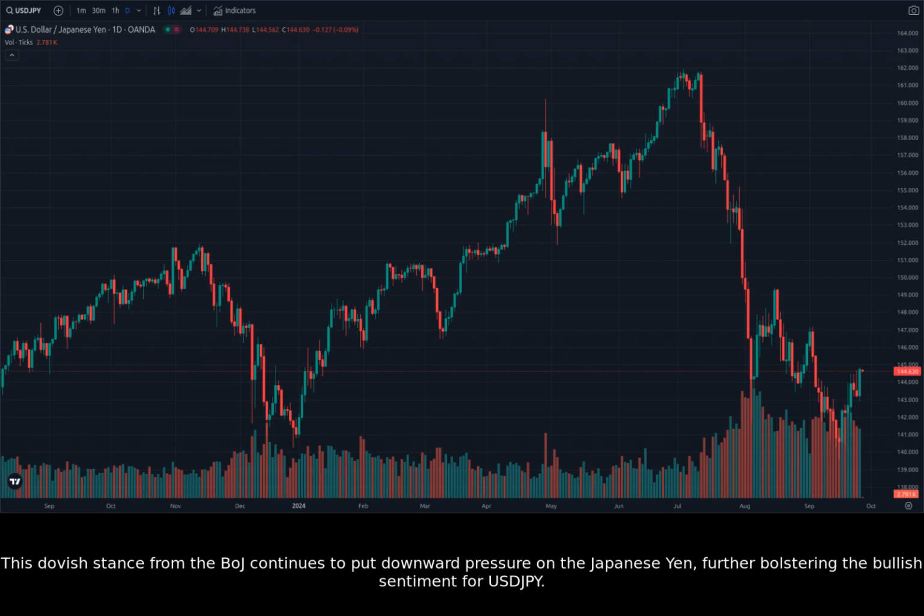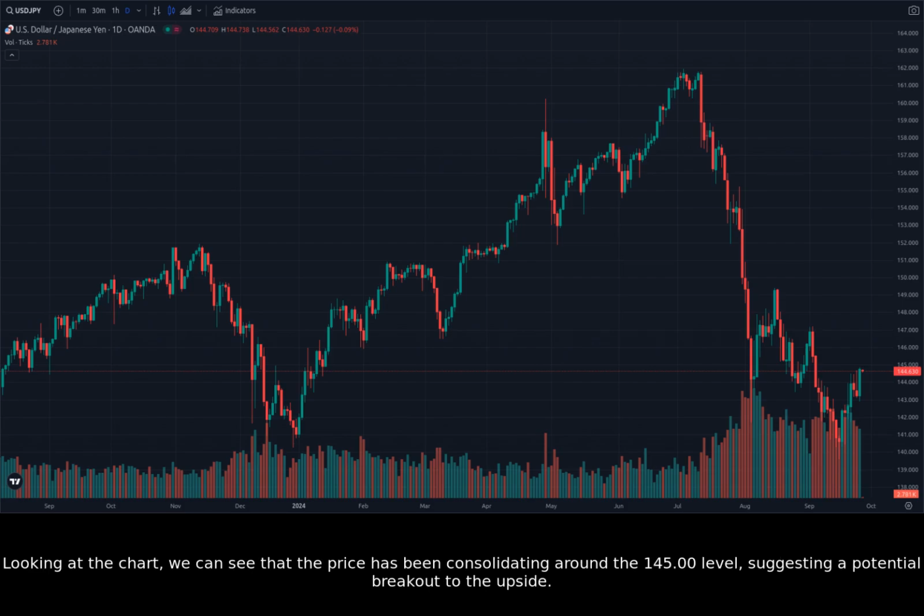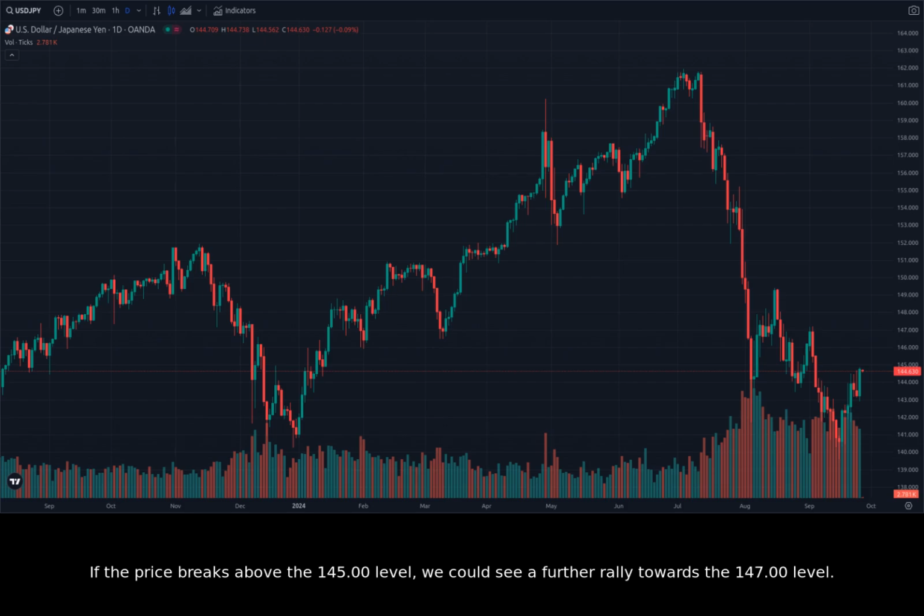This dovish stance from the BOJ continues to put downward pressure on the Japanese yen, further bolstering the bullish sentiment for USDJPY. Looking at the chart, we can see that the price has been consolidating around the 145.00 level, suggesting a potential breakout to the upside. If the price breaks above the 145.00 level, we could see a further rally towards the